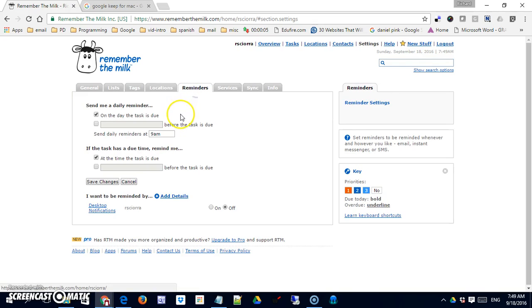Next, I'd like to look at the reminder settings. The first section deals with daily reminders. So this checkbox is telling you that on the day the task is due, if there's a date associated with it, please send me a list of all those tasks at 9 a.m. Well, if I don't want it to be 9 a.m., I can adjust that and have it sent anytime I want. I can also have it sent before the task is due. And to do so, I just check the box and I put in when I would like it sent. So I would like it sent one day